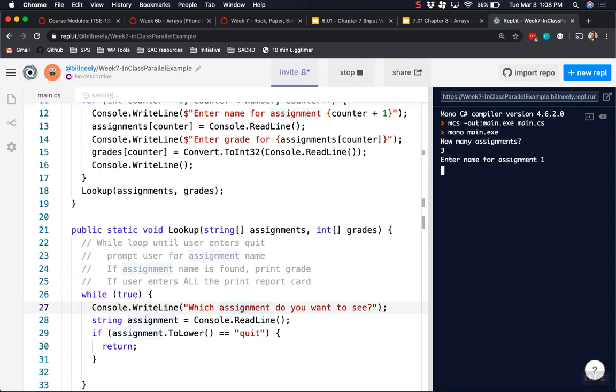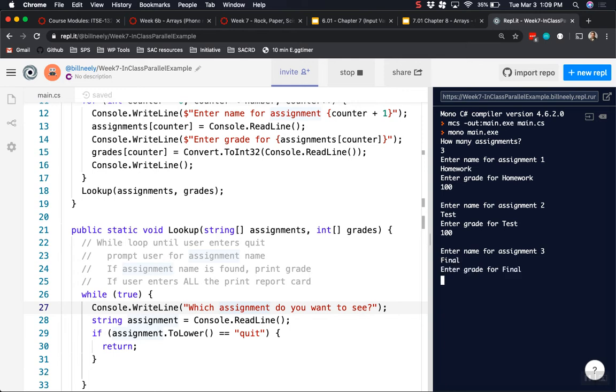How many assignments? So let's see. I have 3. Homework, 100. Enter the name for the assignment 2. Tests, 100. I really don't care what I enter here because I'm not trying to test this right now. I already know this works. Which assignment do you want to see? So if I type something,